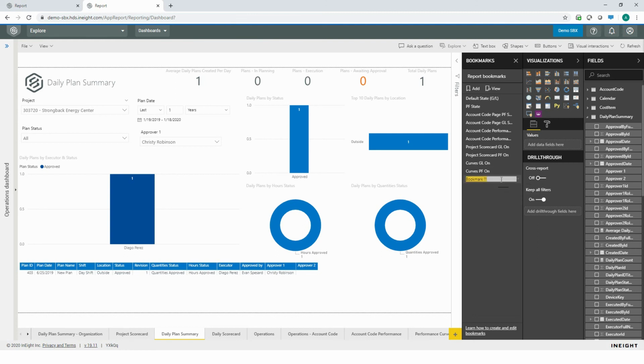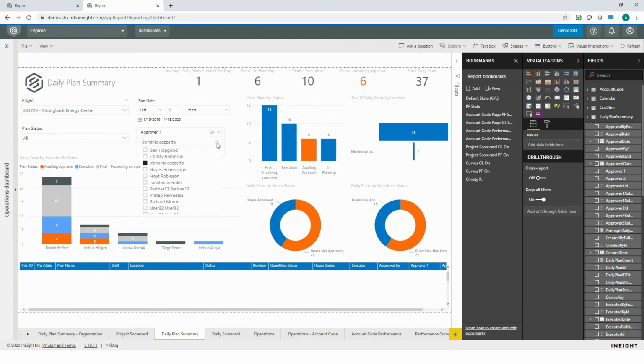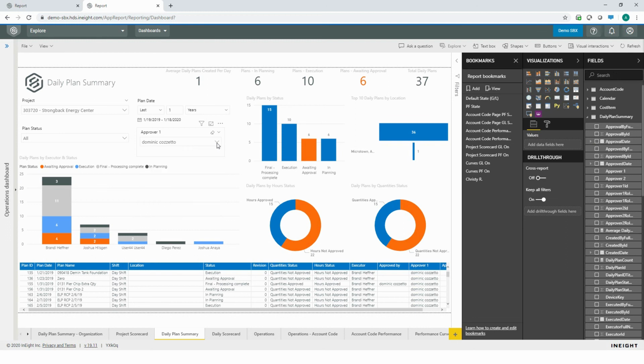here, and I will just call this one Christy R. And so now every time I want to see this, all I have to do is click on the Christy R bookmark. Say I have another approver that I'm responsible for again. I'll select their name, make sure all of these visualizations on the tab are exactly how I want them, click Add in the Bookmarks tab, and then rename it. And so now I can toggle back and forth between Christy